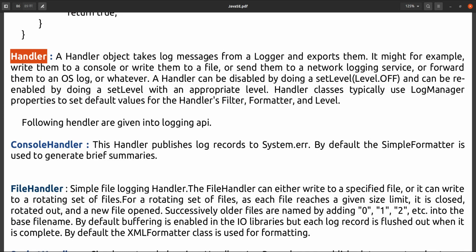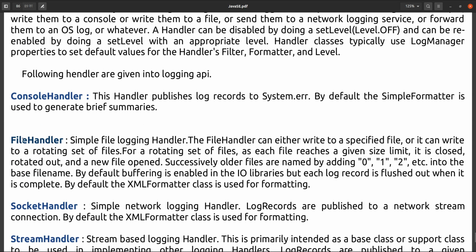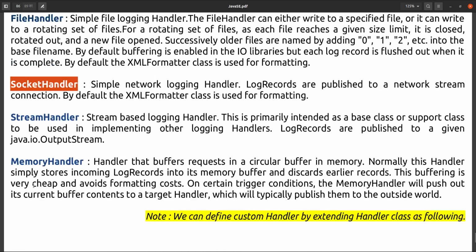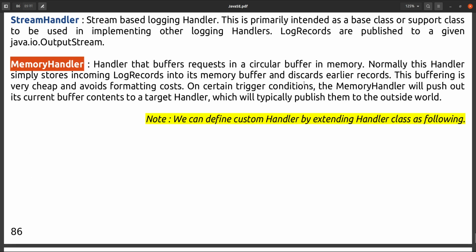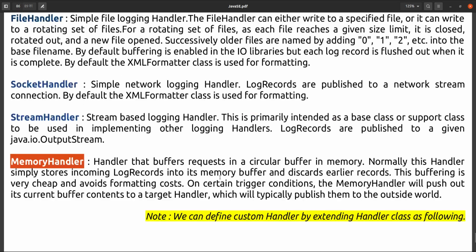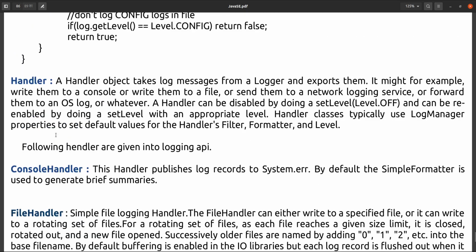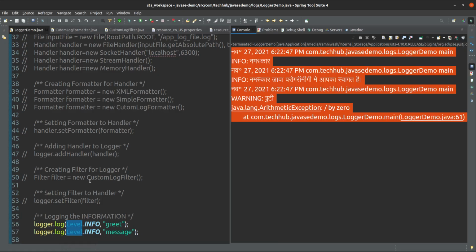That depends on the handler only. There are so many handlers: console handler, file handler, socket handler, stream handler, memory handler, and you can give a custom handler also. That we will see. So the handler tells where you have to export the message.